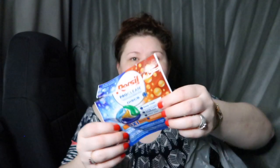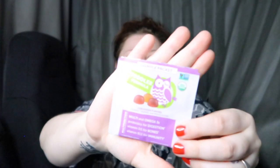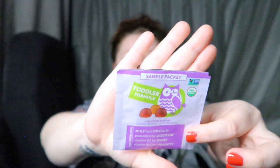I use another Persil for my laundry. When I first got these little sample packets, which are from Sampler, by the way, I didn't mention that, I thought they were for your dishwasher. I don't remember the brand. Smarty Pants. Smarty Pants one, but this one's for my kids. I think there was only one in here. I went through 4 of them, and you can get them off